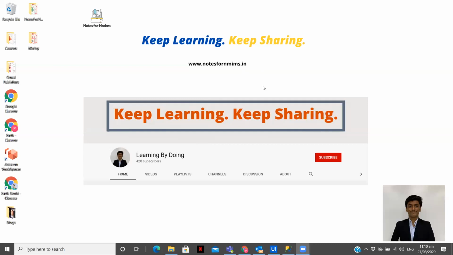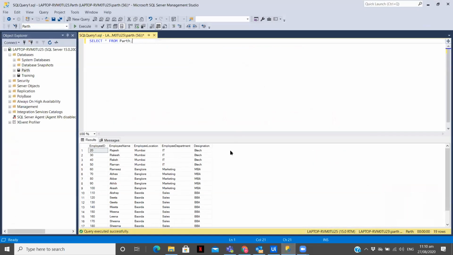So the first one is deleting a specific row based on some condition. You can specify a condition like where name is this or email ID is this, delete that particular data. The second thing that can be done is we can delete the complete data in a table in the database. So whatever the data is, let me show you our database. So this is our database.